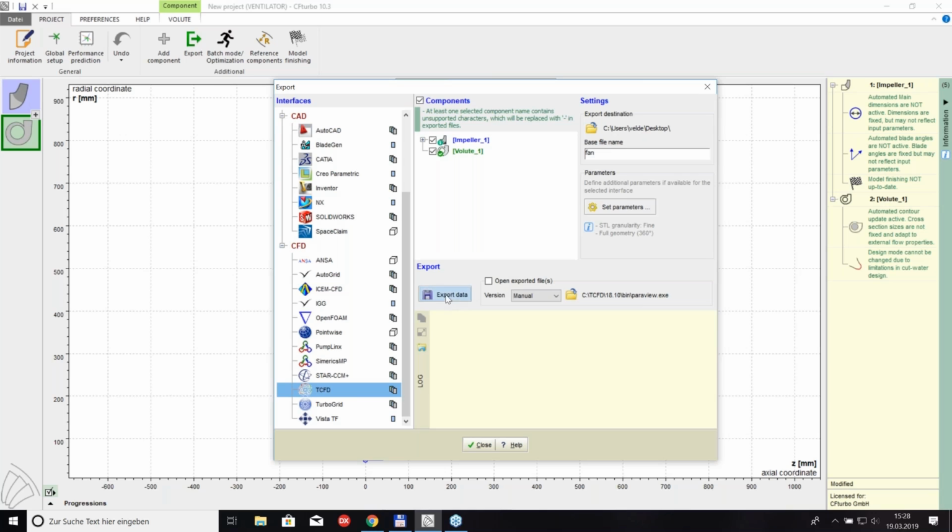export. I just press OK here, and now a TCFD file is written with all the information necessary to run the simulation, and also all the STL data are created and exported, which are also necessary to set up the simulation run in TCFD. All right, so that probably takes a couple more seconds. Once that is ready, Radek could start